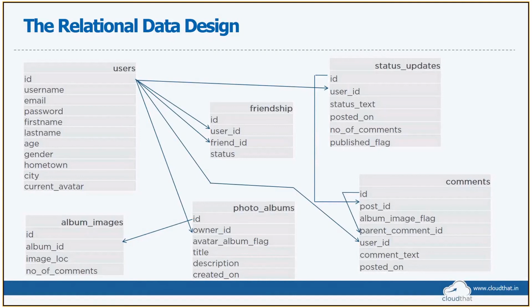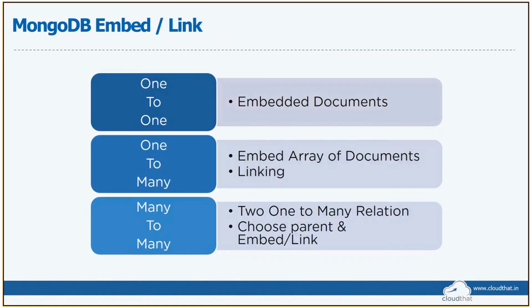So if I want to design the same schema for a NoSQL database, the first thing I want to know is a few rules of thumb. Again, the rules of thumb might be useful at a particular point of time, but keeping the application in mind would very well help you in coming up with the right schema. So in a relational database, in case you have one-to-one relationships, I can very well put that information into one single place, that is, I would embed it.